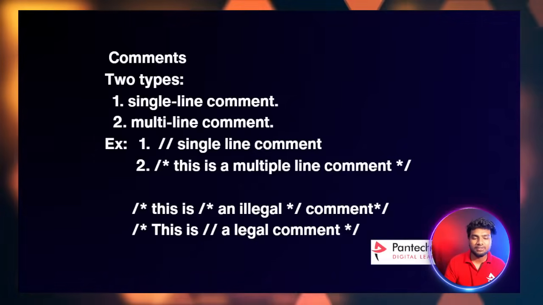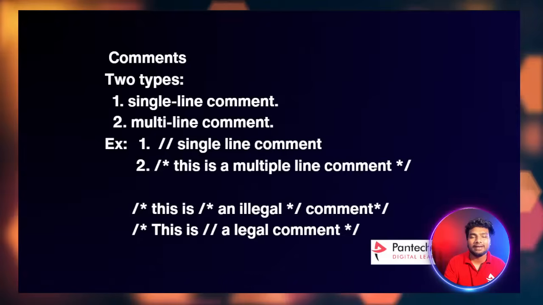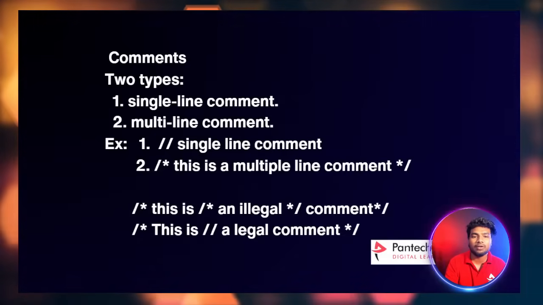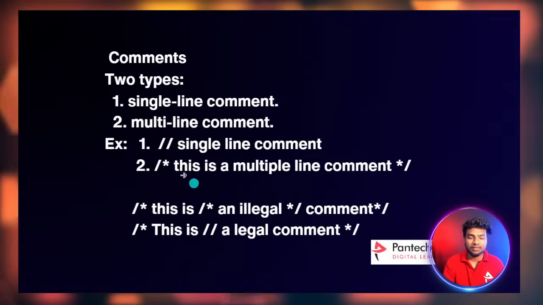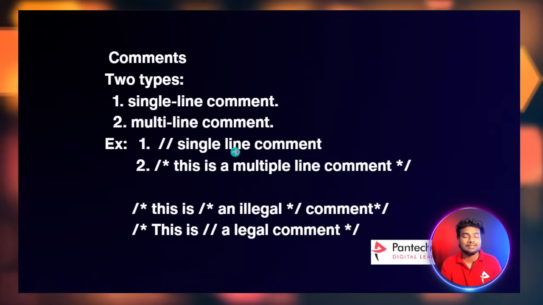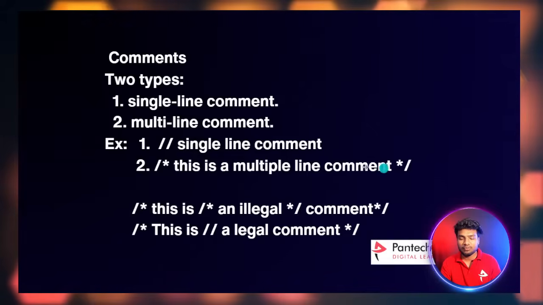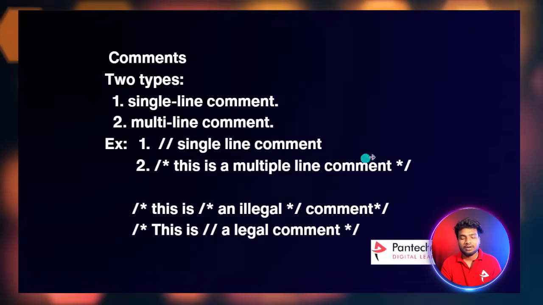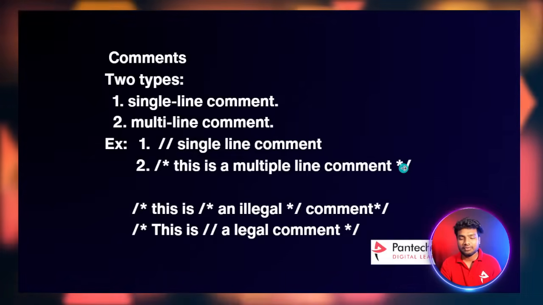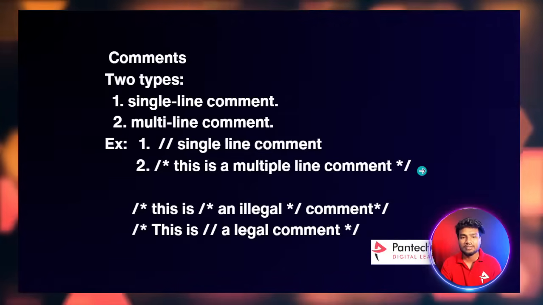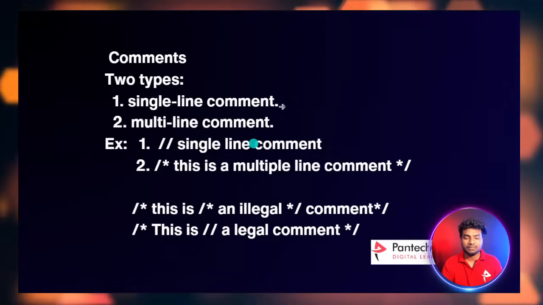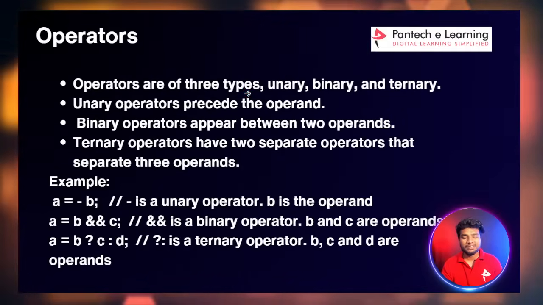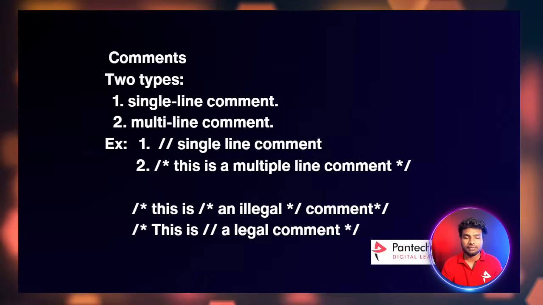Commenting means if you are writing code and you don't want a line, you can comment that line. By using a double slash, you can comment a single line. By using a slash star at the start and a star slash at the end of the paragraph, you can comment a bulk of lines, n number of lines, using this method. These are very basic things, commenting of lines.